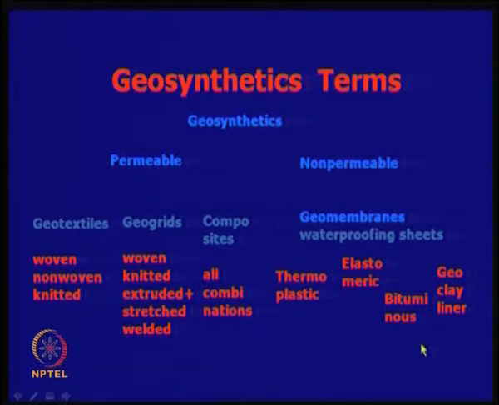We also have what is called a geosynthetic clay liner, in which you have a geotextile on either side and a bentonite powder mixture inside, and that also provides reasonably low permeability compared to permeable textiles. This could be in the range of 10 to the power of -2, or it could be 10 to the power of -8, or even -14 centimeter per second. It could be very low, whereas it could be very high here.